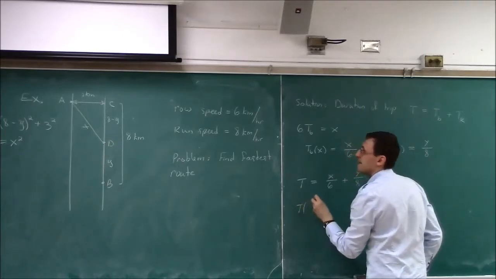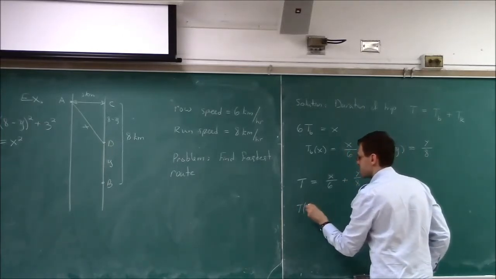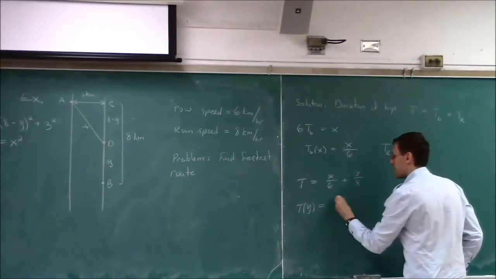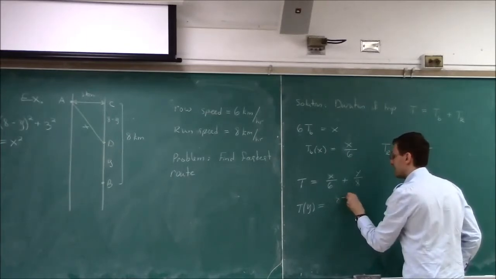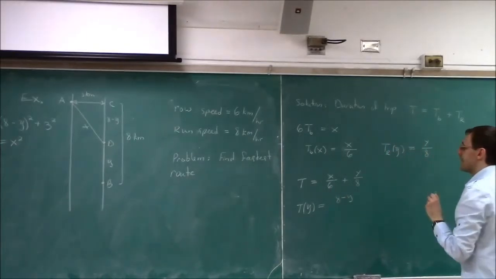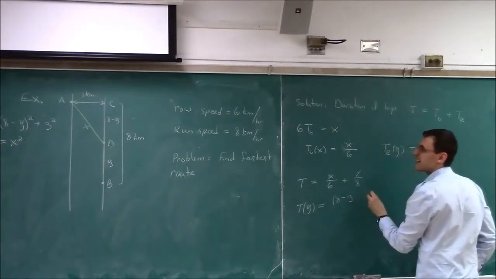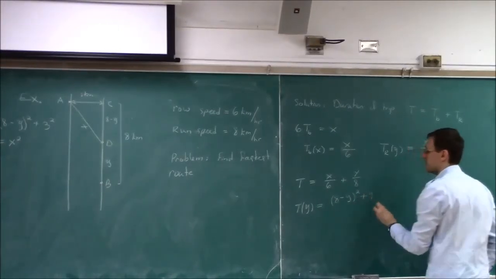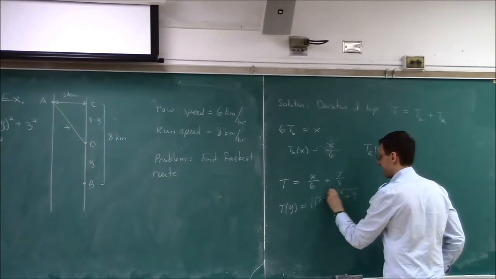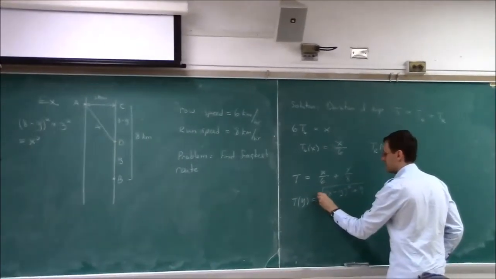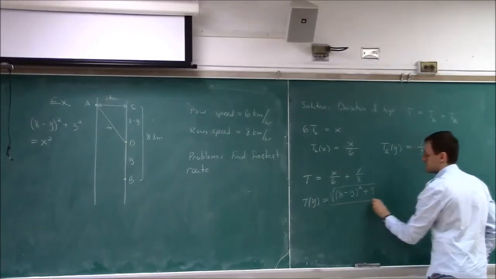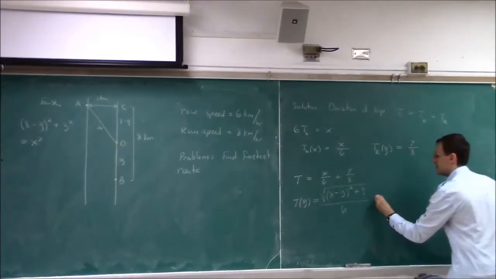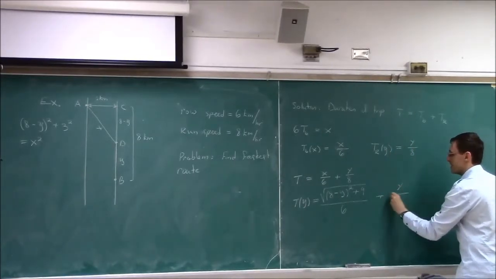So we have t of y is equal to the square root of (8 minus y) squared plus 9, divided by 6, plus y divided by 8,